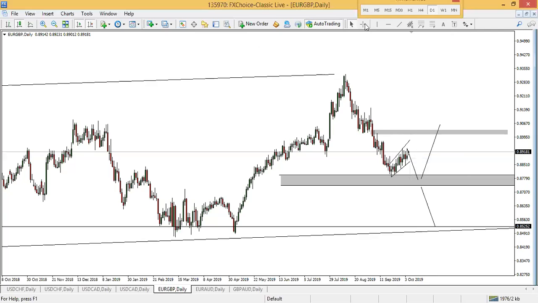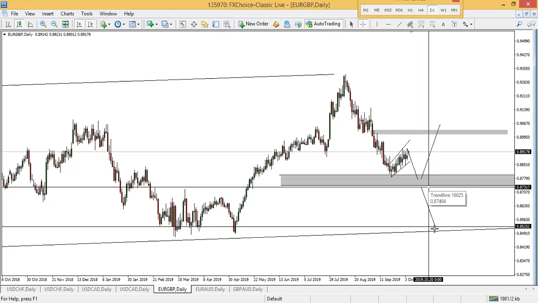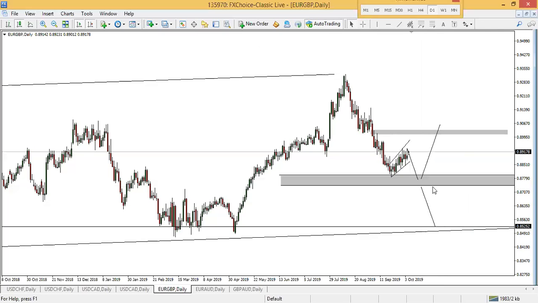But if that level doesn't hold and it breaks, I should be exiting this trade to the downside because the trade is wrong. So I'll be closing my trade here. If it goes past the level that I'm looking at, I'll be wrong in that trade and I'll exit in my loss. And always calculate your position size. Always calculate your position size. So when it breaks, I'm out. And if it continues downwards,